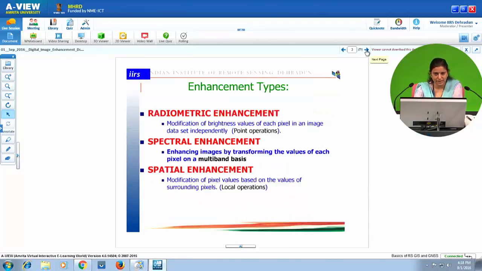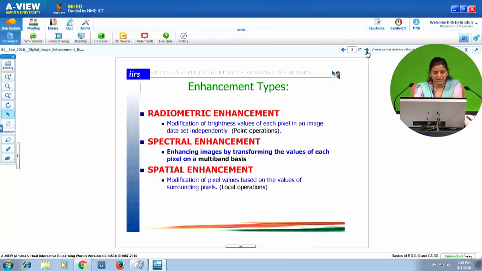There are 3 types of enhancements: radiometric enhancement, spectral enhancement and spatial enhancement. Radiometric enhancement is the modification of the brightness value of each pixel in an image dataset independently. We also call it a point operation.